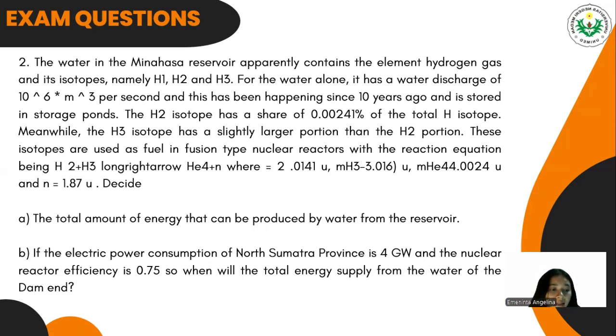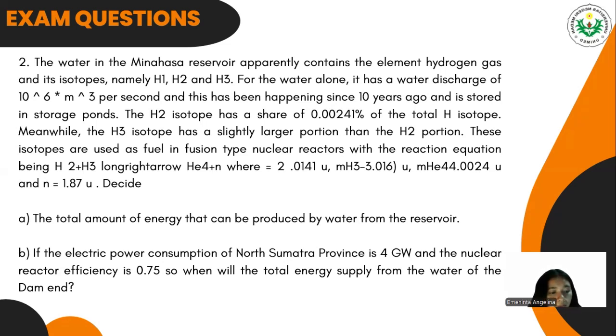These isotopes are used as a fuel in a fusion-type nuclear reaction, with the reaction equation being H2 plus H3 long right arrow He4 plus N, where the mass of H2 is equal to 2.0141 U, the mass of H3 is equal to 3.016 U, the mass of He4 is equal to 4.0024 U, and N is equal to 1.87 U. Find A, the total amount of energy that can be produced by water from the reservoir, and B,